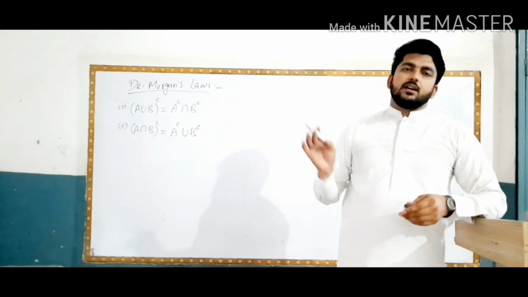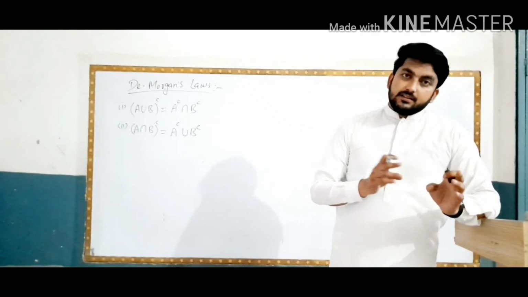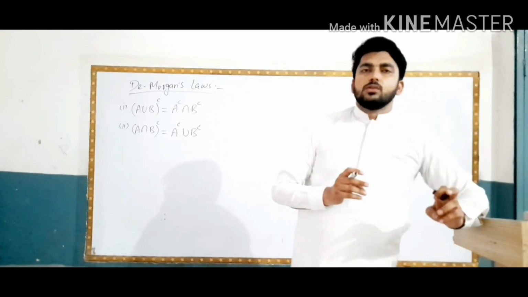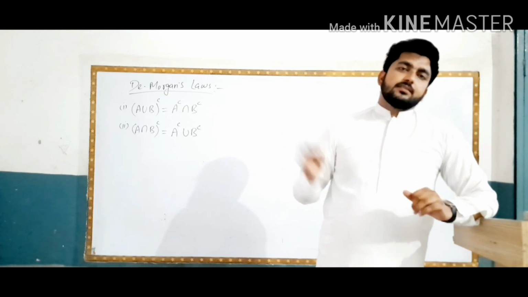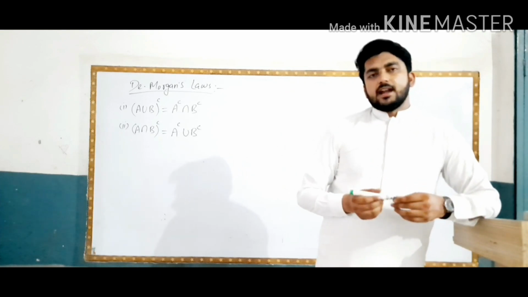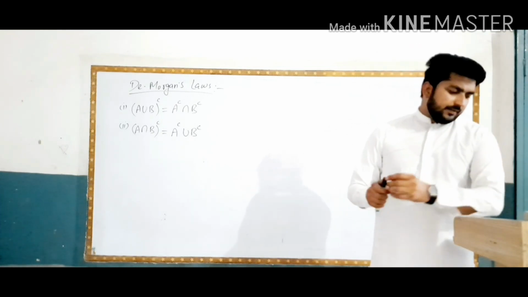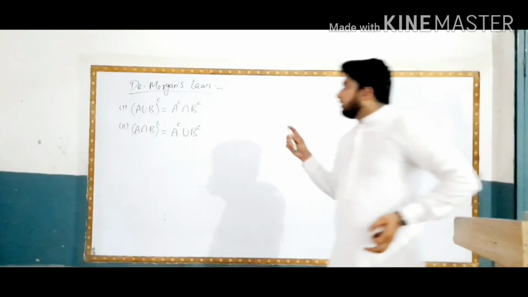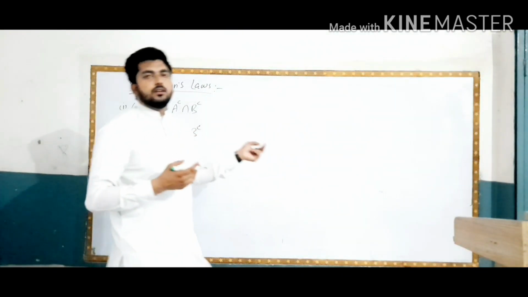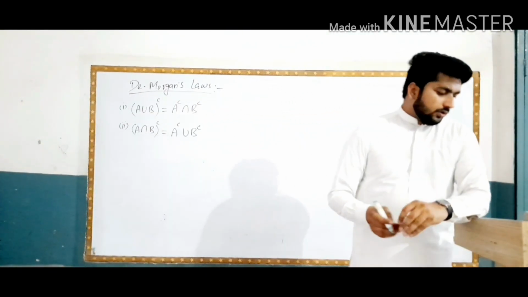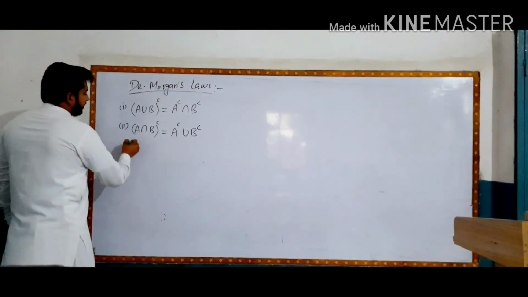We have to prove them with all the defined sets. We need a universal set U and sets A and B. Then we have to prove these two laws. So first of all, we need a universal set. For verification, we need that there is a universal set. So the universal set is